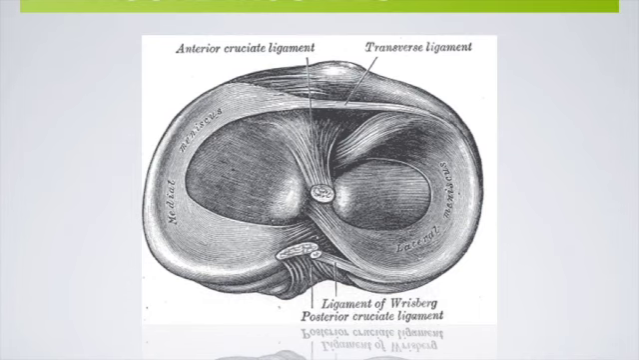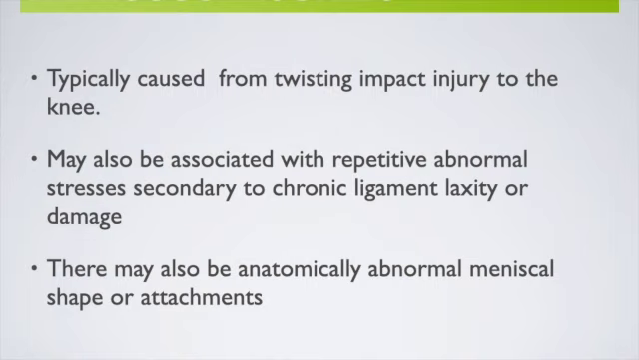Next, the third condition that we'll talk about that's very common in how we can help this problem with applied kinesiology is meniscal injuries. Here's a quick review picture of what it looks like from above. The medial meniscus, of course, is larger because that's where it has to accommodate the medial tibial motion in the screw home mechanism. Acute meniscal injuries are typically caused by a twisting